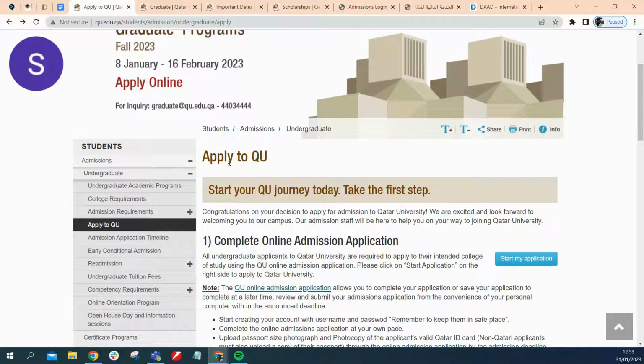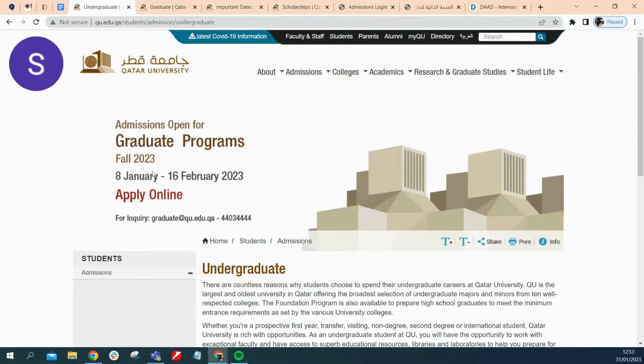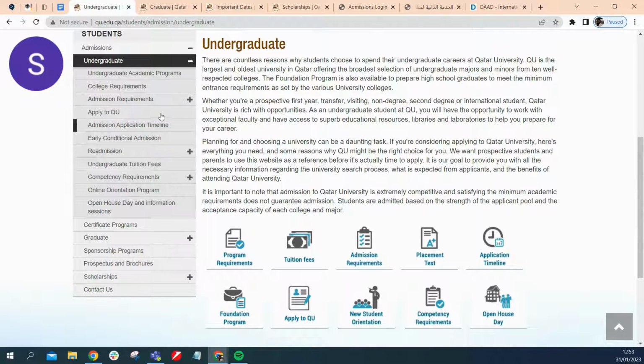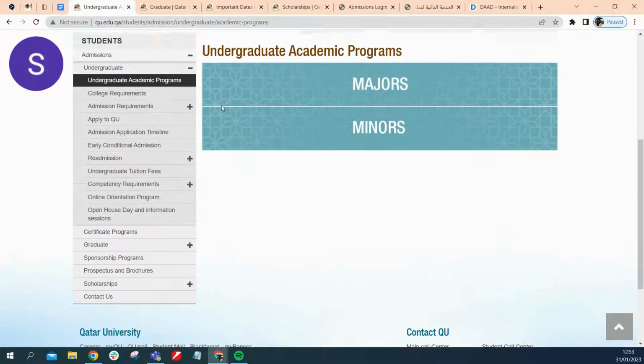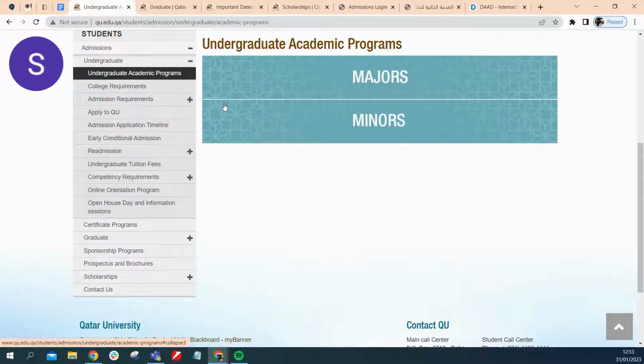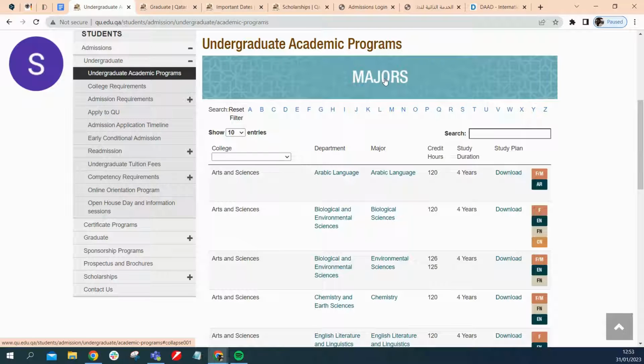Let us start with the undergraduate program, because this is open for bachelor students, master students, and PhD students. So I click on the undergraduate program, and you can already see. Let's go through what is undergraduate academic programs. And in the academic programs, we have the major and the minor programs. And when I click on the major program,